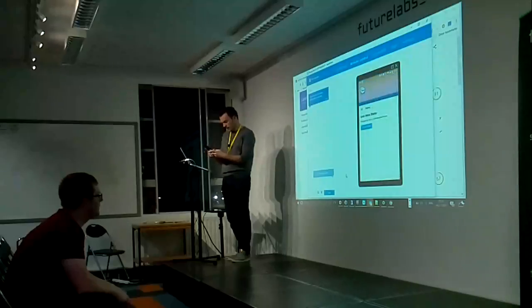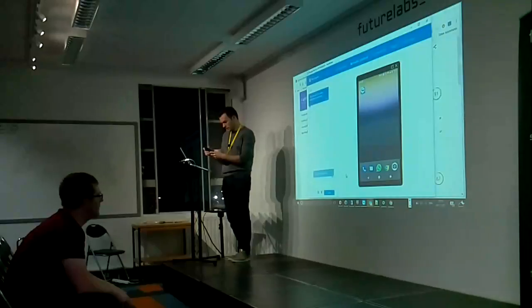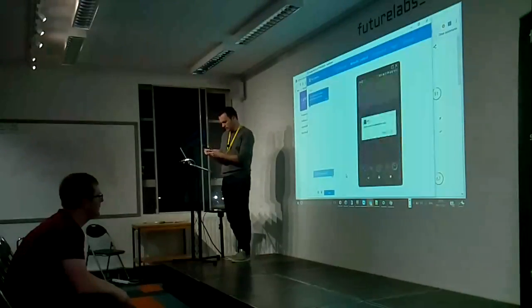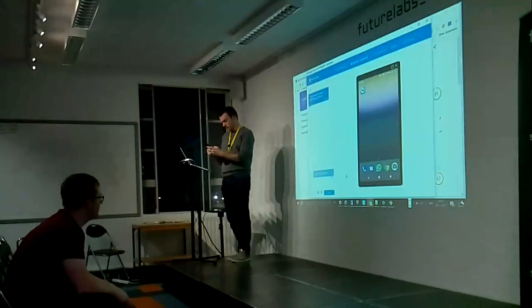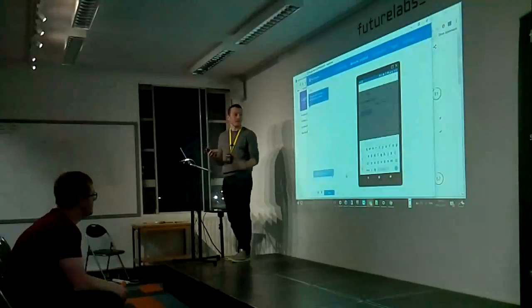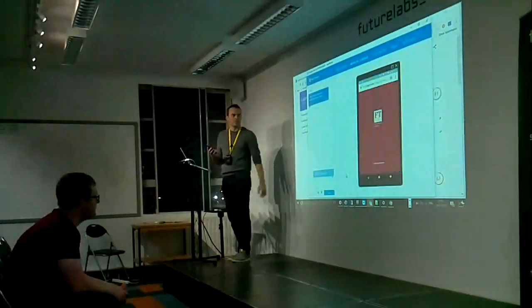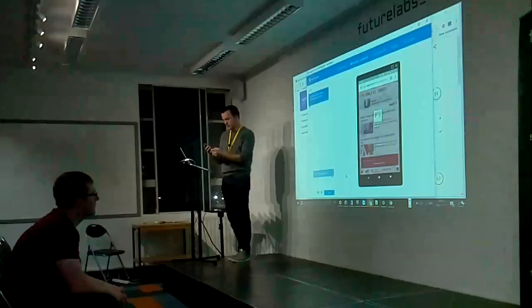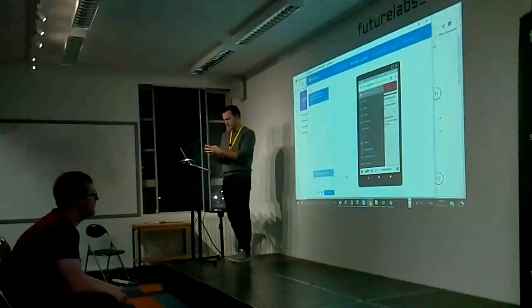I just wanted to show you the biggest players in the PWA world. So let me do that again. Financial Times, surprisingly, is one company that has been working on PWAs for a while, and their app.ft.com is built as a full progressive web application. So again, you can see it's a nice mobile experience. And if I add that to the home screen,